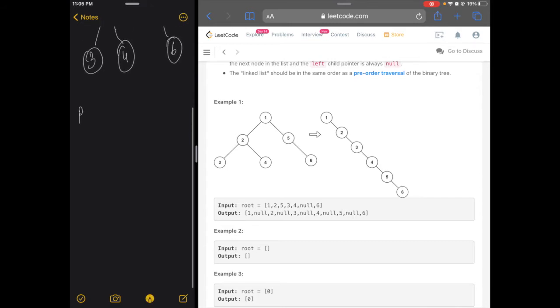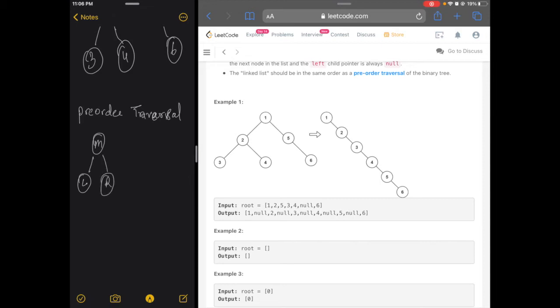Pre-order traversal is when we have a middle node, a left node and a right node.